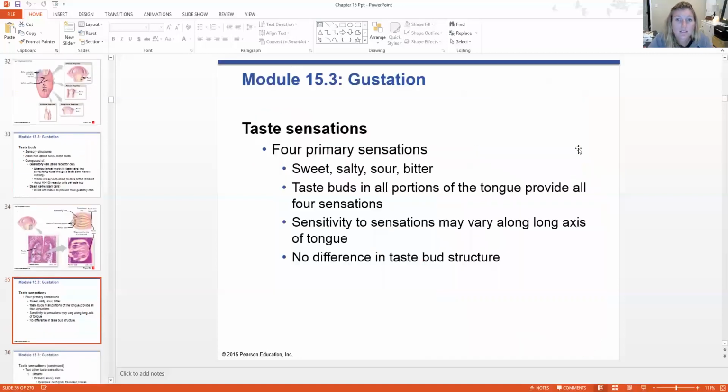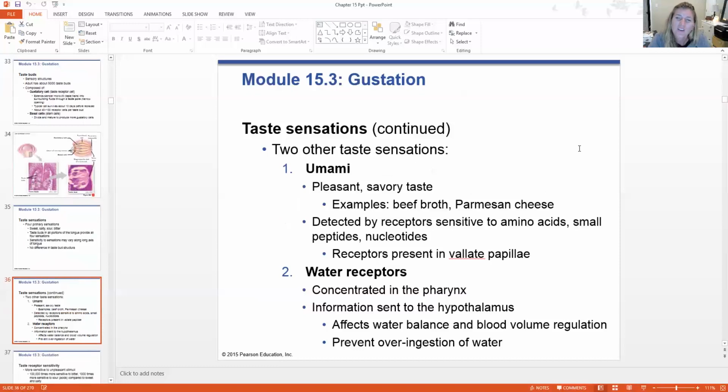Our taste sensations are divided into categories as well. They're sweet, salty, bitter, and sour. Our taste buds are in all portions of the tongue, providing all 4 sensations. They may be sensitive to different sensations depending on where in the tongue they're found, but there's really no difference in the taste bud structure for these 4 primary sensations. There are some other